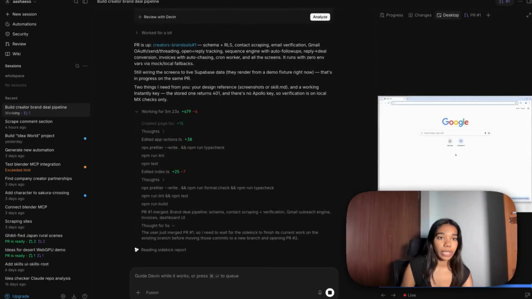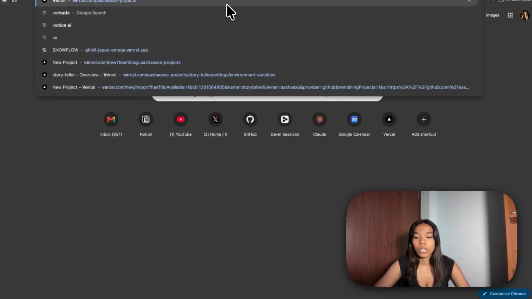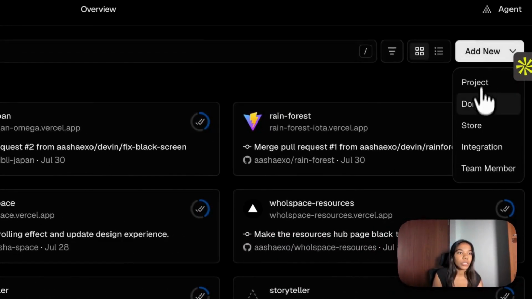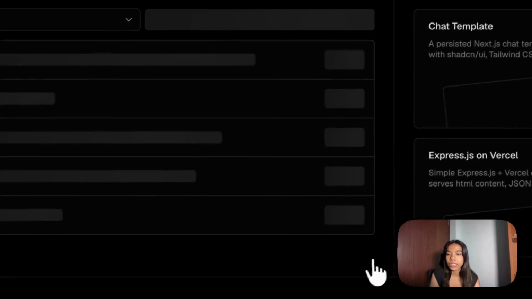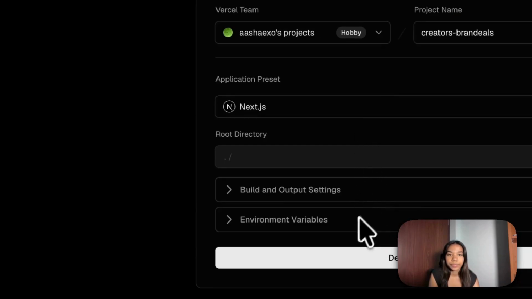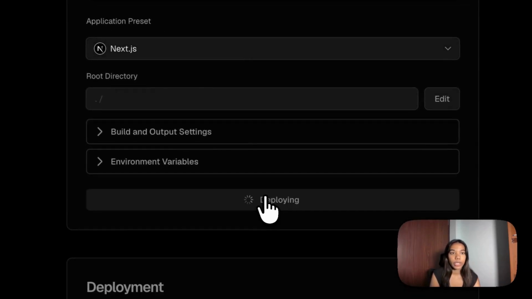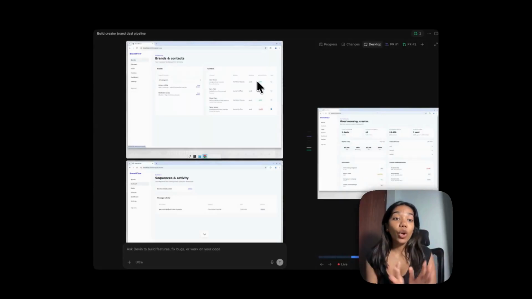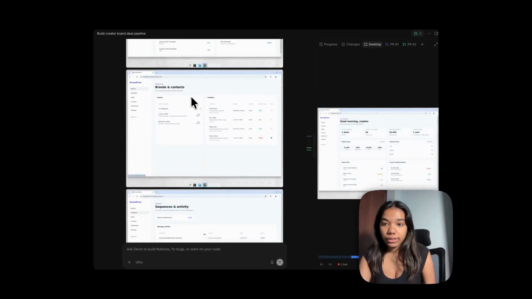So you can also connect your Devin to Vercel. For example, I'm just gonna go on here and click on project and click on import and deploy the project. Okay, now you can see that it's done, and Devin created for us